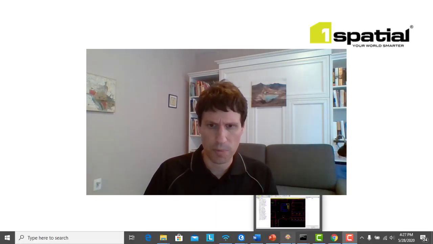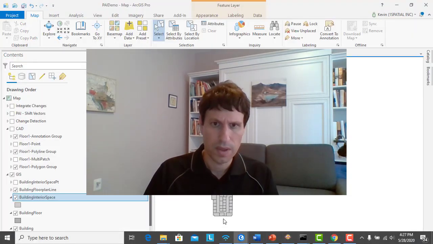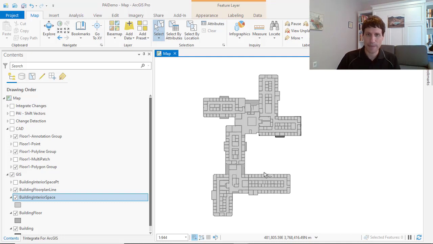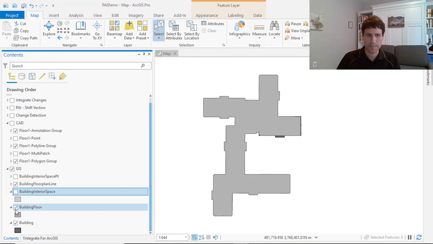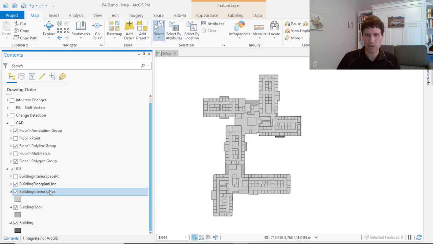Alright, so before we do any sort of integration processes, let's first take a look at what the data that we're trying to work with actually looks like. To do that, I'm going to first open up ArcGIS Pro. And in here, we can see in my map, we have three layers that are showing. We have my interior spaces, which are the rooms. We have our floors, and we have our building footprints. If I dive in and take a look at what is an actual room,